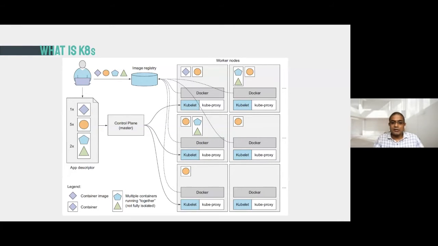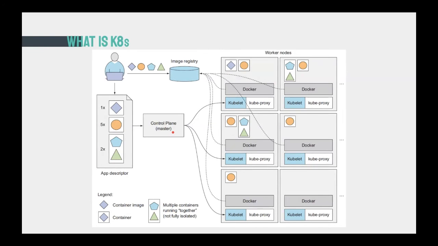Then the master makes sure that whatever number we have defined, the desired number of nodes are up and running all the time.